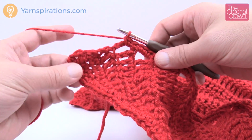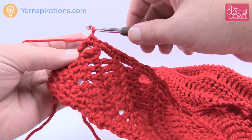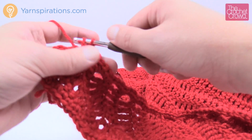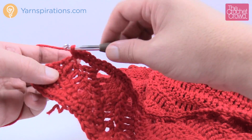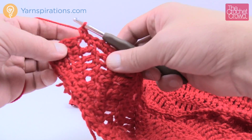So I'm coming all the way to where I started, and I've already done my single crochets along the top edge, and I'm doing the bottom right now. Still putting in my 4 single crochets along the chains, the side of the trebles. It should be called the post really. And I'm just coming up all the way to the starting point. So 1, 2,